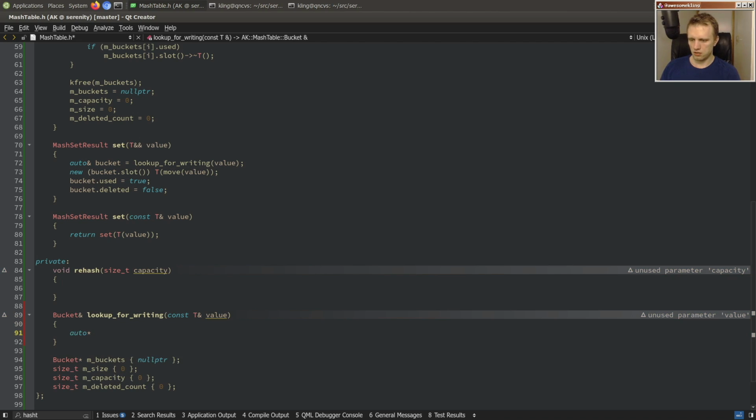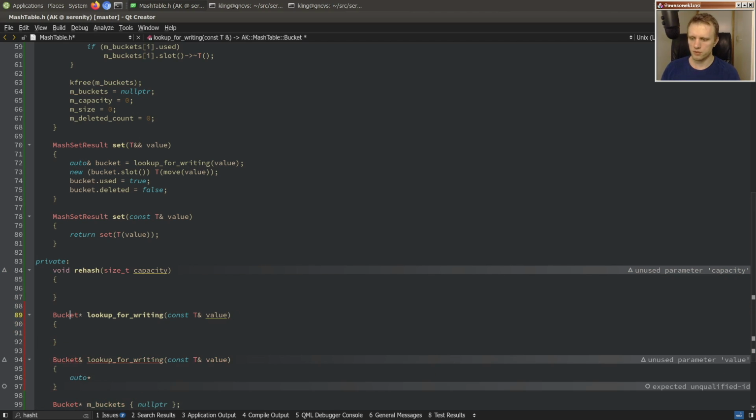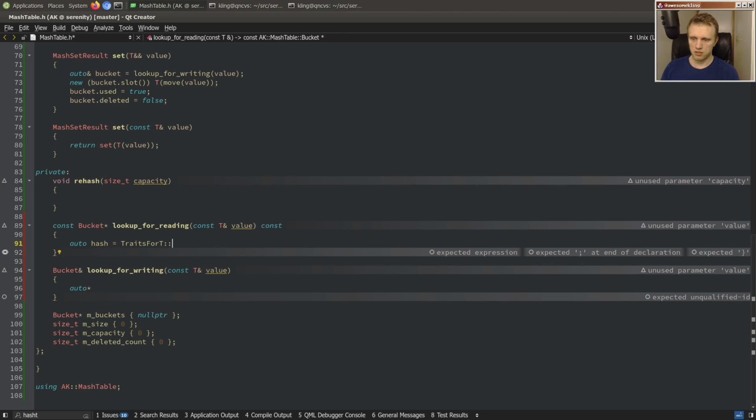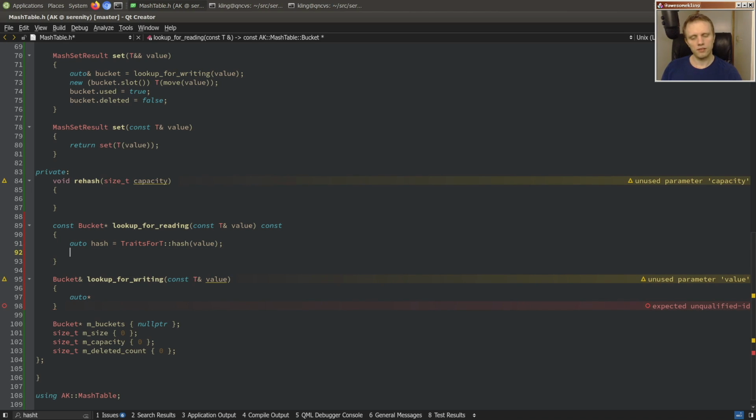So let's see. Actually, maybe we should have a lookup for reading, that's easier to implement. So we'll do that one first. So it'll be a const. And how do we find the right place? Well, we start by hashing the thing. So hash is traits, hash value. And then,